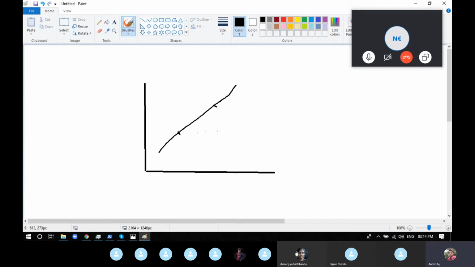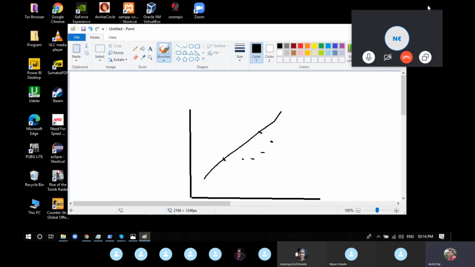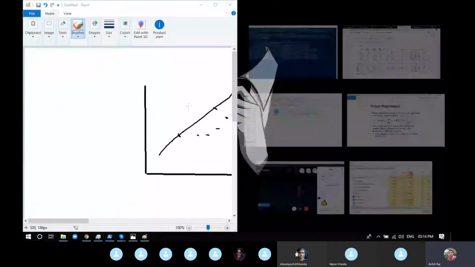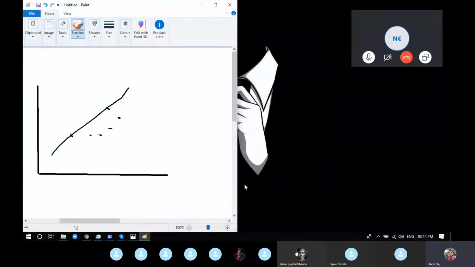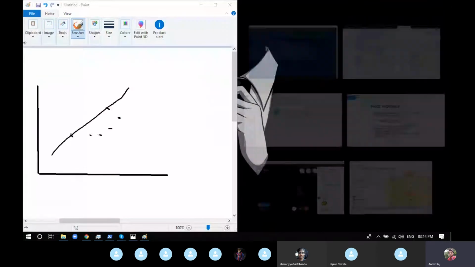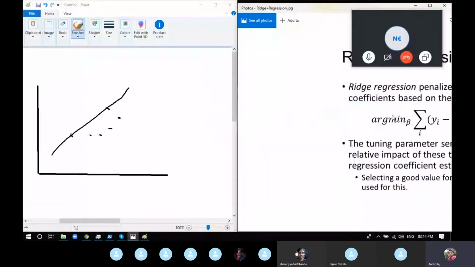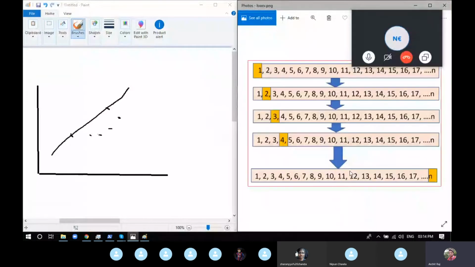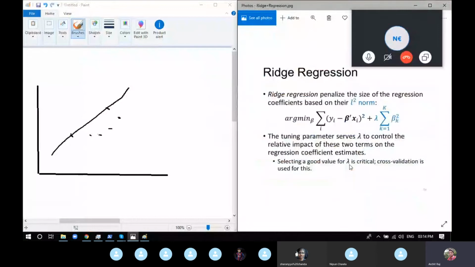Now, if your testing points are a bit below the best fit line and you try to find the errors, you'll find a bit of error. But what we are doing in Ridge and Lasso is adding an extra term.